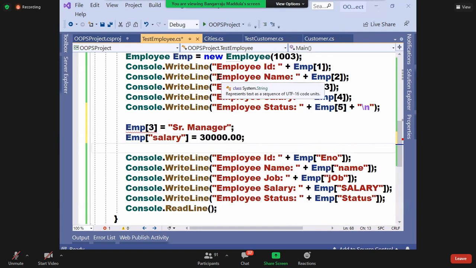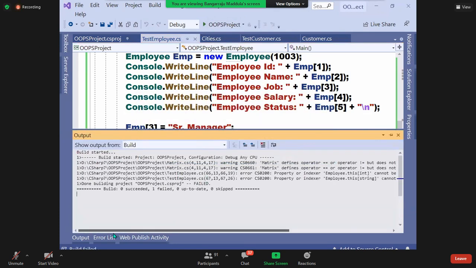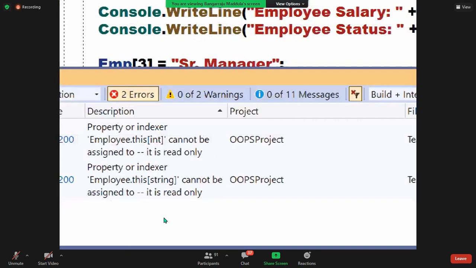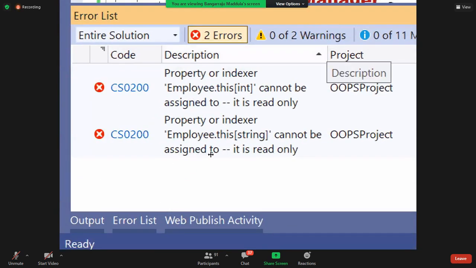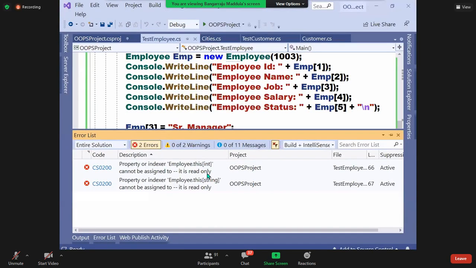But right now, guys, if you try to check, both are errors. It's the same error I explained yesterday with read-only properties. Recollect. Are you clear? Both are the same. Cannot be assigned to. Why? You defined only a getter. You did not define a setter.